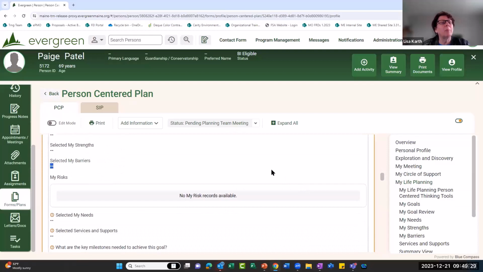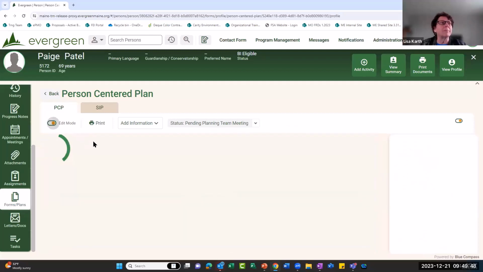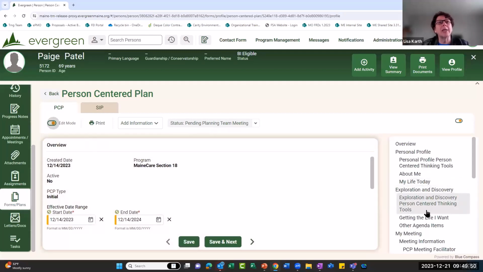I'm clicking here, but my cursor is still a pointer. It's an arrow and not my pointer finger, so I'm missing something. Evergreen's not letting me move forward. So sitting back, taking that breath, reading my screen, I forgot the edit mode. So I engage that. I'm going to again come back